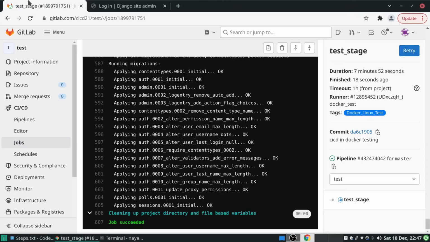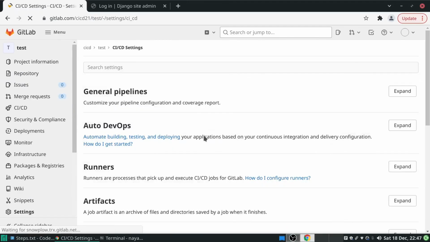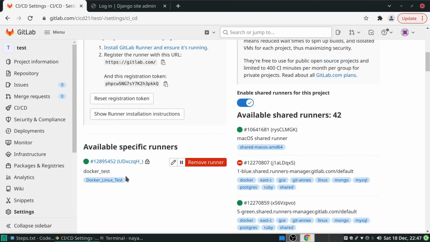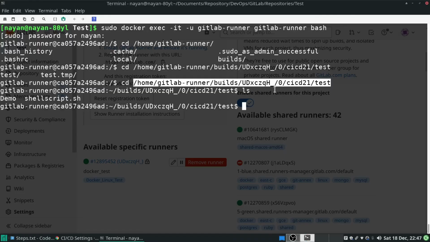You can see over here in these settings, CI/CD, expand, that this is the GitLab runner ID, then 0, then the project name, and under this project we have the CI/CD pipeline details: demo and shellscript.sh.